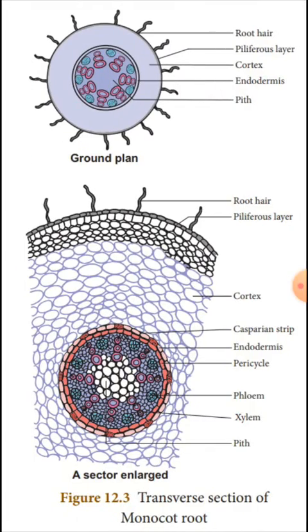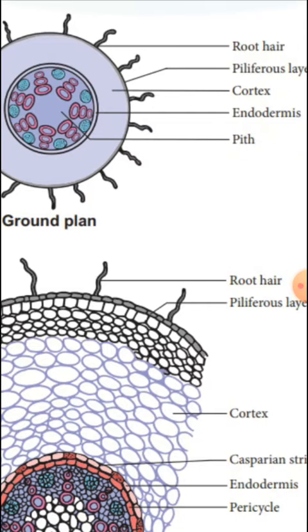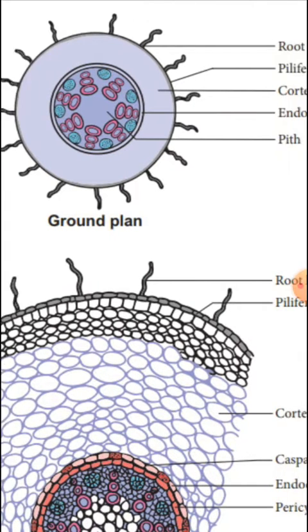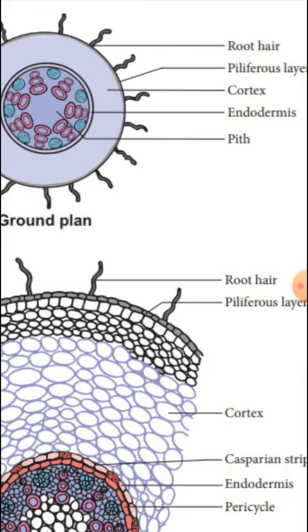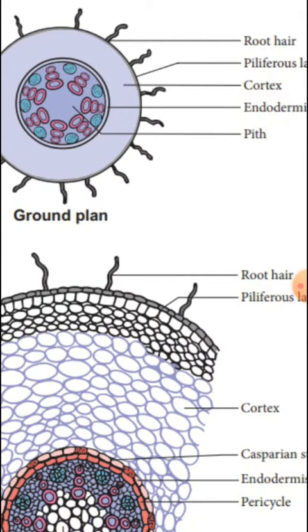Today we are talking about Unit 3. In that, today we'll talk about the structure of monocot root. If you see a monocot root, the ground plan of a monocot root shows different parts, in which the important ones are the outermost epiblema, after that the cortex, then the endodermis region, the pericycle, the vascular strands, and in the center the pith region.